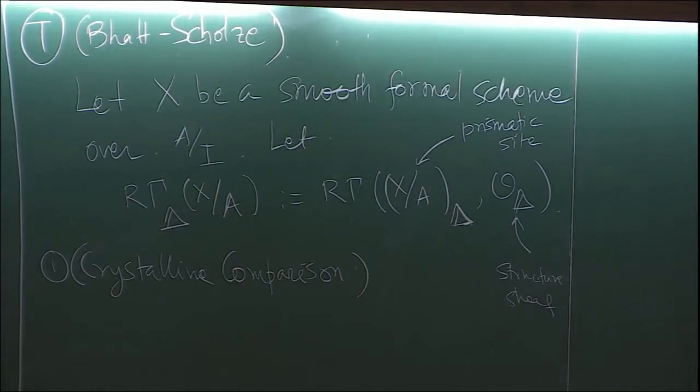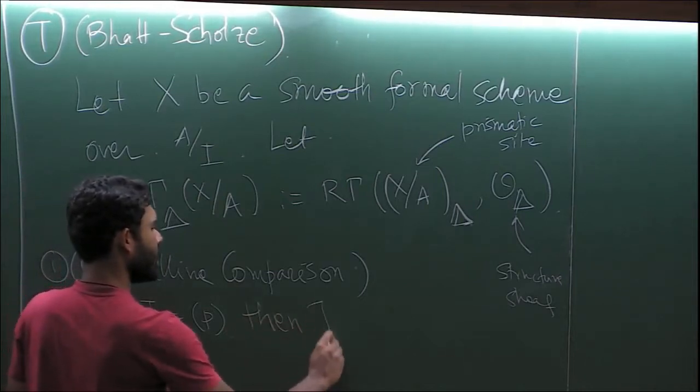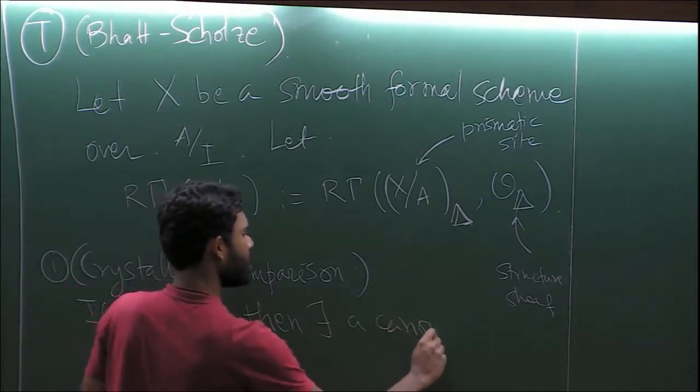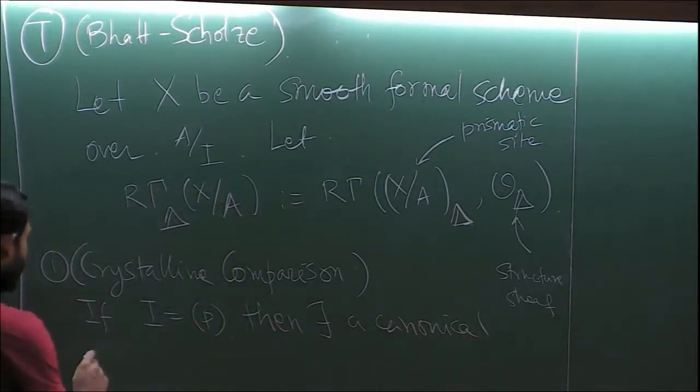Okay, so in this particular case, you take this fixed I to be, let's say, generated by p, which in a way you can think of as setting u to be 0 in this particular instance. Then there exists a canonical phi-equivariant